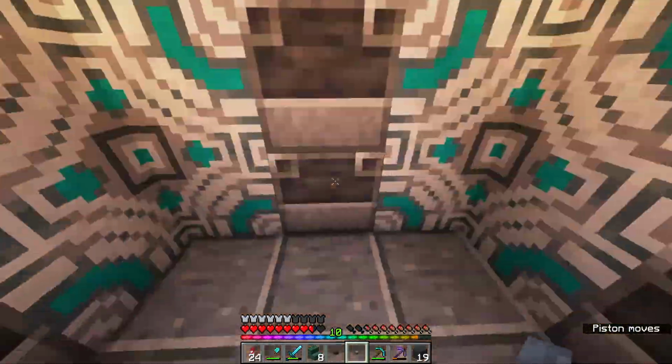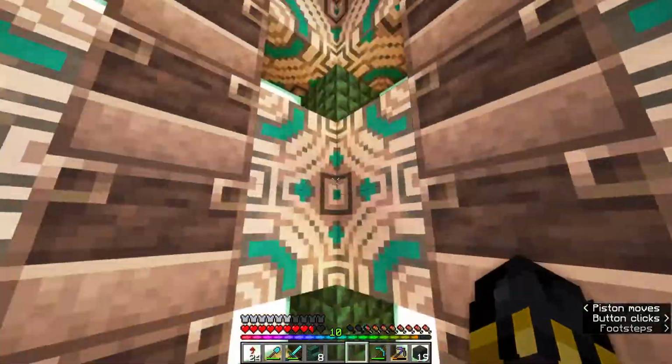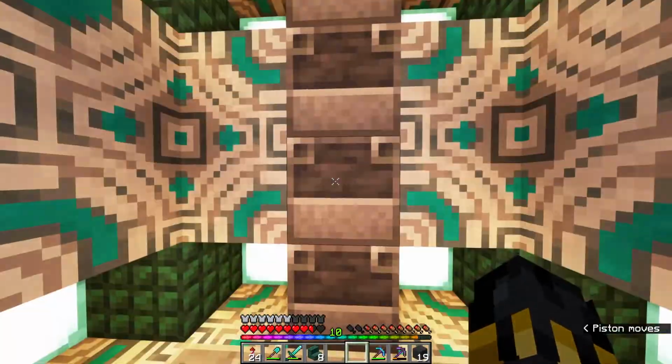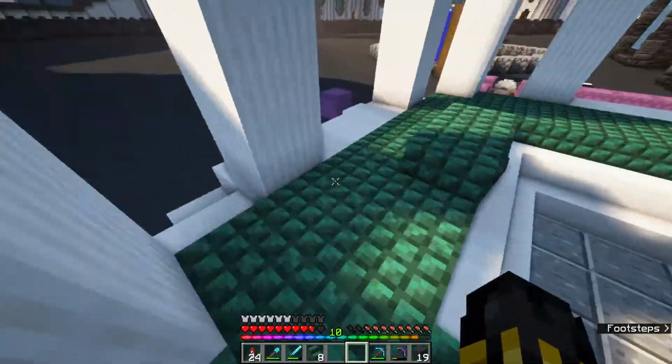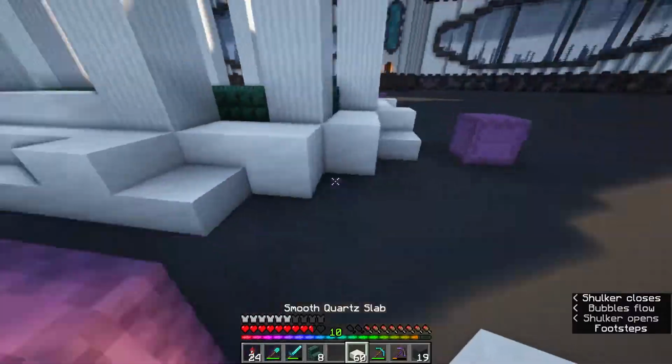So here I go about putting in the little area for the button. I also go downstairs and change the buttons around downstairs as well. And as you saw, I also put in the pillars, which are going to be holding up this sort of gazebo style building. Again, sticking to quartz, trying to keep this...